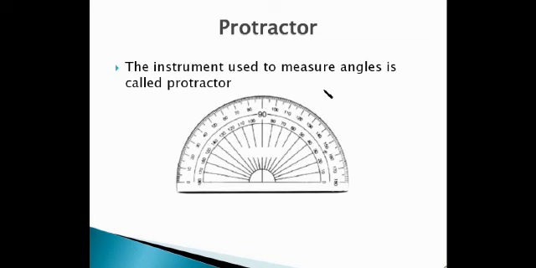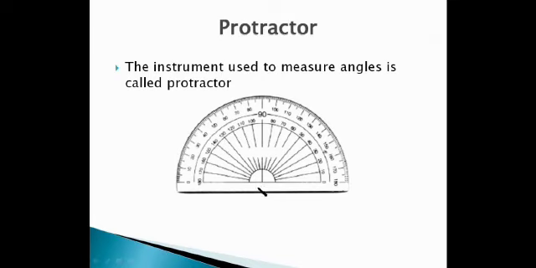Now, you can see this is the protractor which is used to draw the angle. This is the midpoint of the protractor. When you are drawing the angle, usually we draw from the right side, but you can also draw from the left side. From the right side, you have 0 degrees, then it comes to the middle, that is 90, then it comes down to 180. Then from the left side, it starts from 0 degrees, comes to 90, and then it comes to 180. You can draw either side.